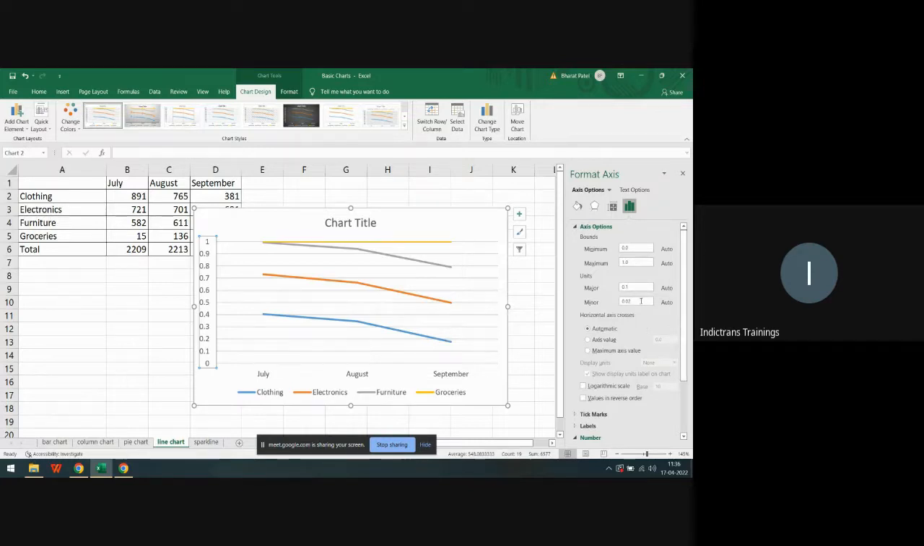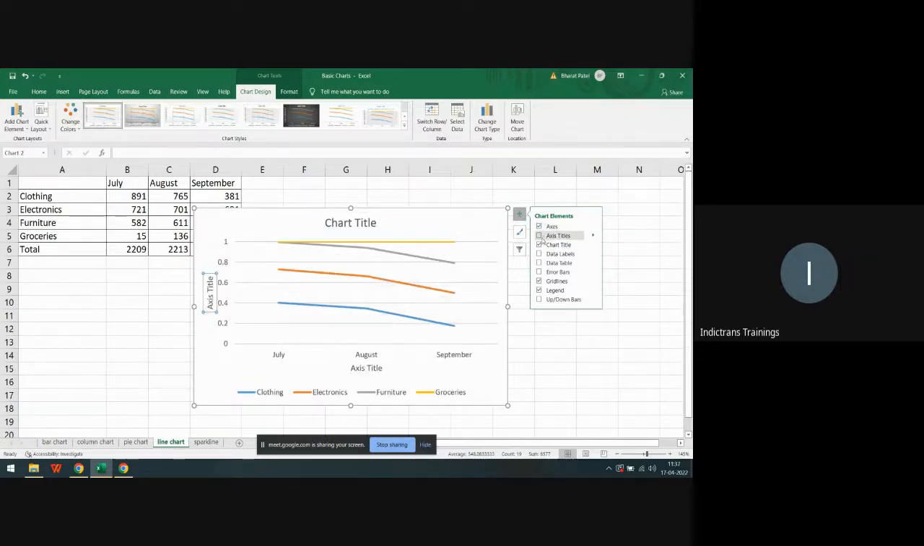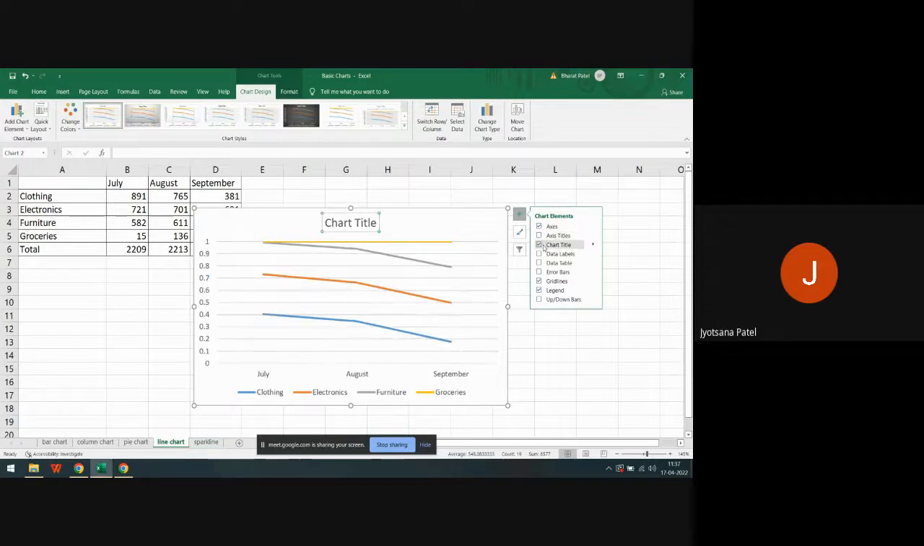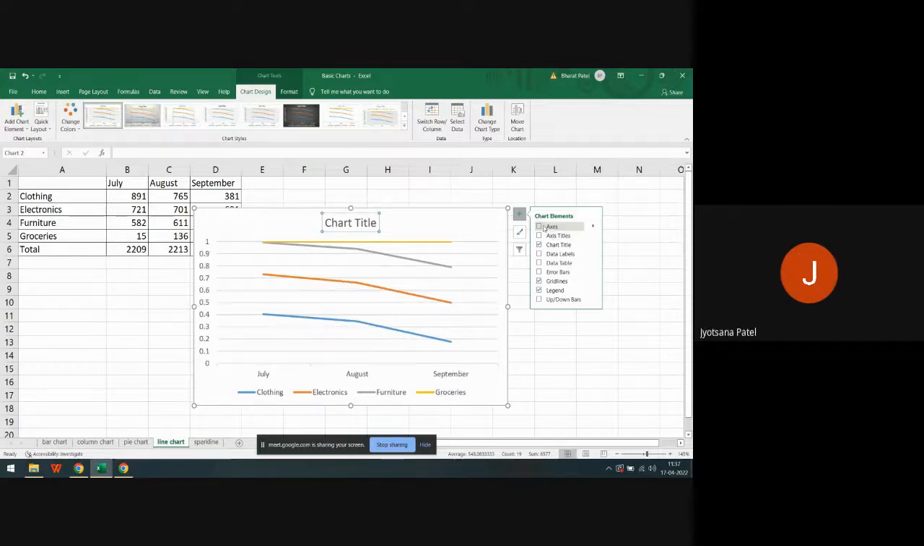Okay, close that, and now again close that. Go to the plus sign that you see at the top right of the chart. There is a plus sign there, right? Click on that and unselect the axis. The first one. Just unselect and now select again. Yeah. And again it is showing